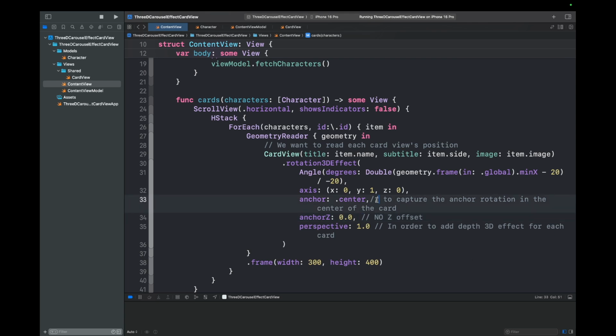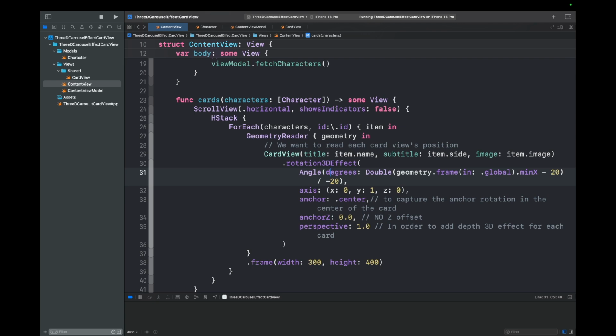And as the card moves left or right from the center, rotation becomes more pronounced. Okay, it's important to understand. One more thing, that angle and degrees here converts the calculated value into an actual angle object by using rotation 3D